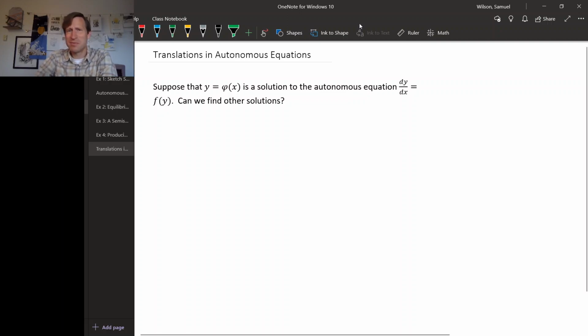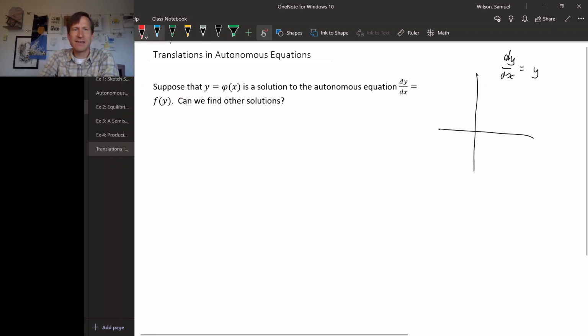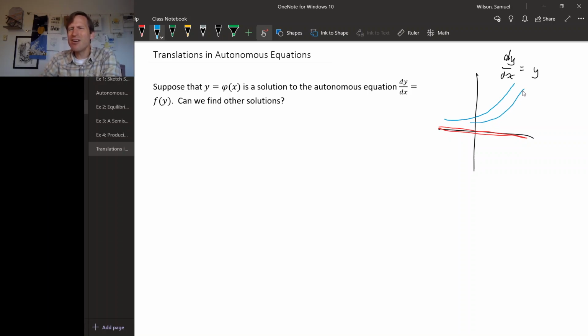You may have noticed something happen when we sketched solutions to an autonomous differential equation. For example, just the differential equation dy/dx equals y. This has an equilibrium solution at 0, and solutions that start above y equals 0 sort of swoop upwards like this. And when we drew more than one of them, they all kind of ended up looking generally the